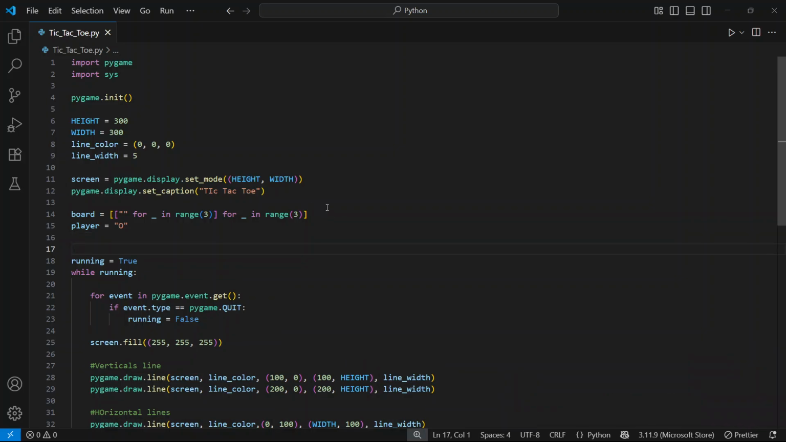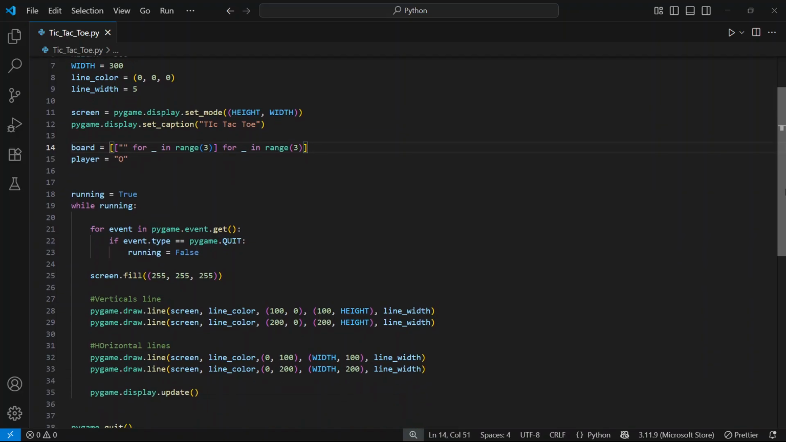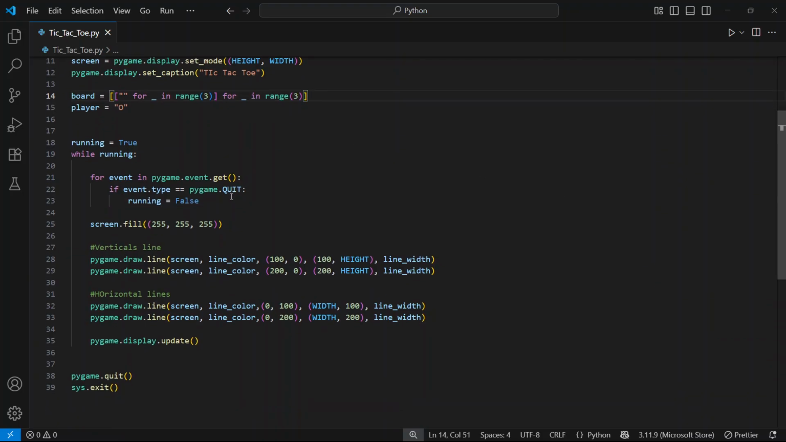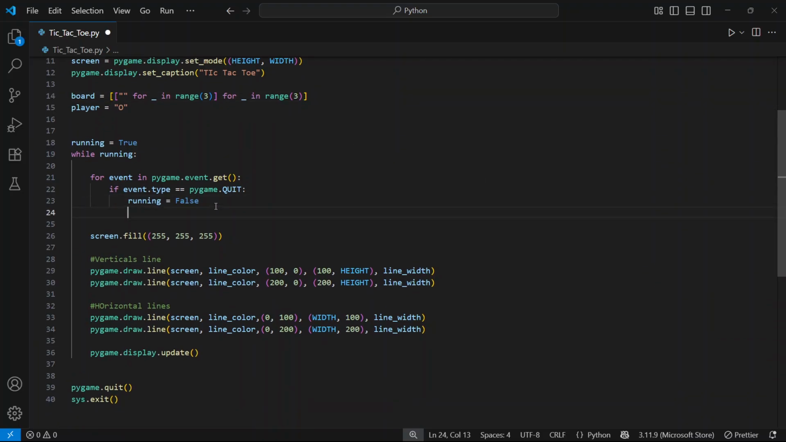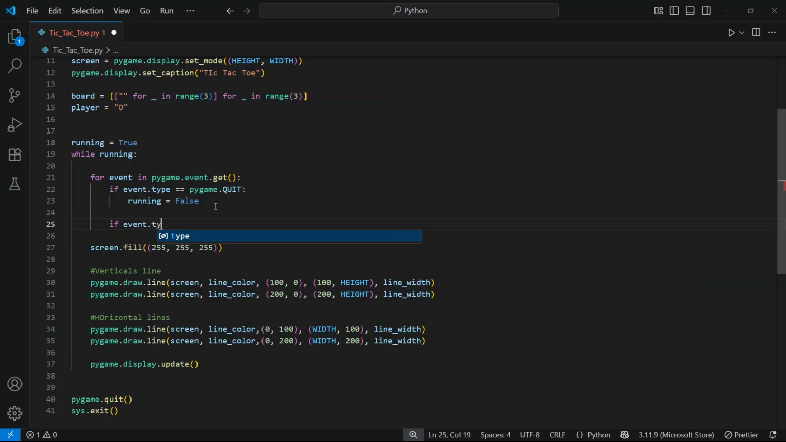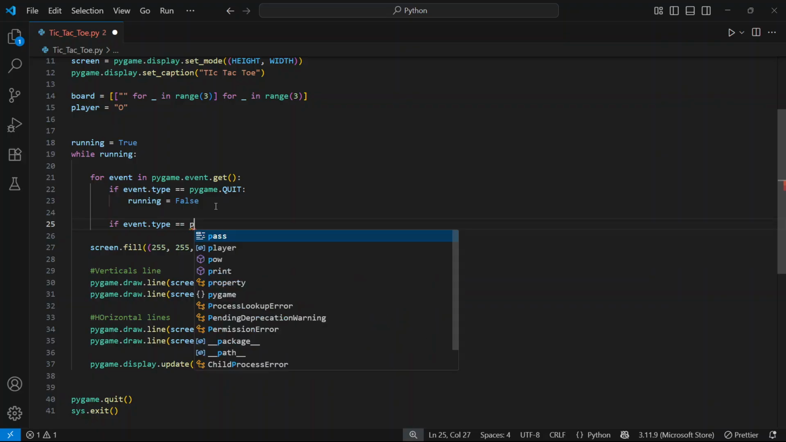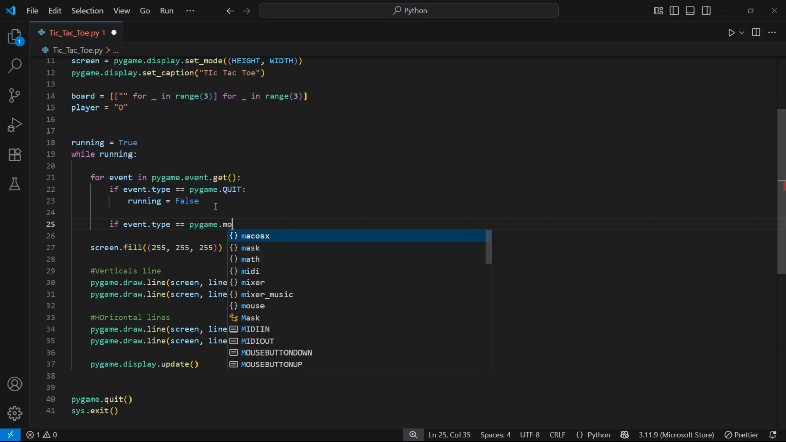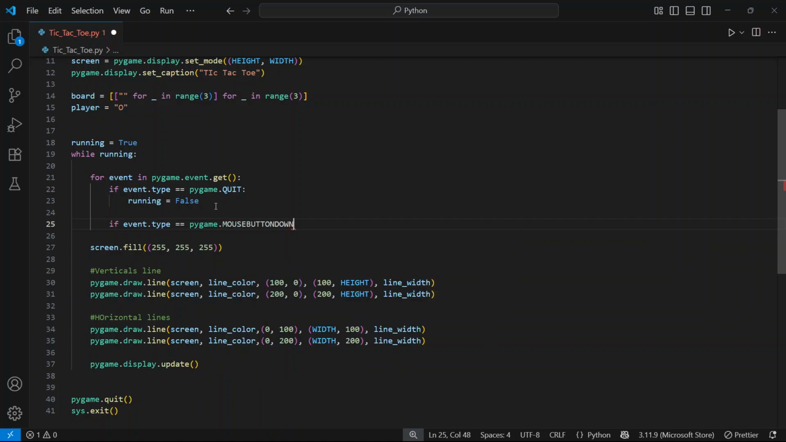So okay, the board is also there. Now we have to check the mouse click. If event.type equals pygame.MOUSEBUTTONDOWN,